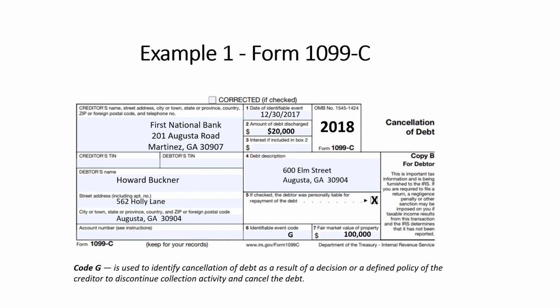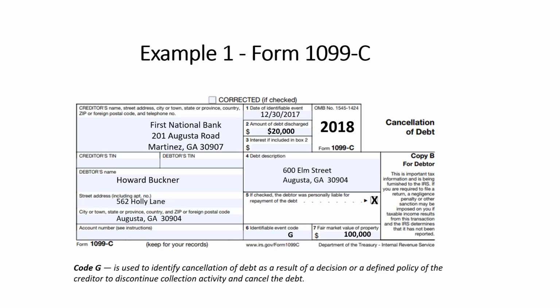Now let's go through an example of entering a Form 1099-C in the TaxSlayer Pro Desktop software. Our client, Howard Buckner, received a 1099-C from First National Bank, and we see in Box 2 of the 1099-C that the amount of debt discharged is $20,000. We see in Box 5 that Mr. Buckner is personally liable for repayment of the debt, it's a recourse debt.